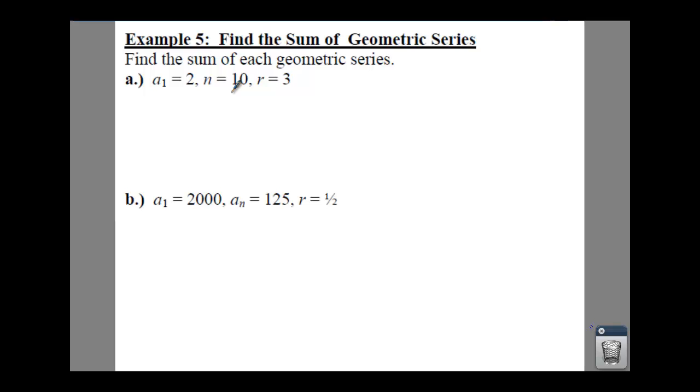So here for example 5, we're going to find the sum of a geometric series. This is a little more explicit, where it gives you what your a sub 1 is, your n, and your r. So since you're given your a sub 1 and your n, that means you're going to want to use the formula